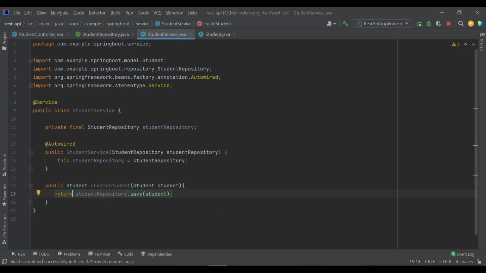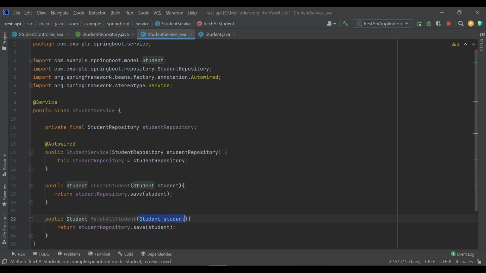This is done. Then I need to fetch all students. Here I don't need any parameter, and it will be find all, right? Let's fix this.